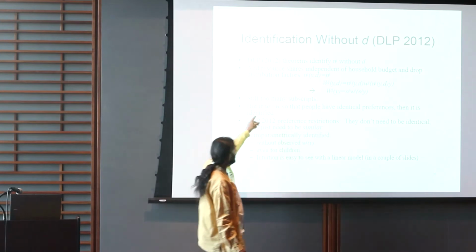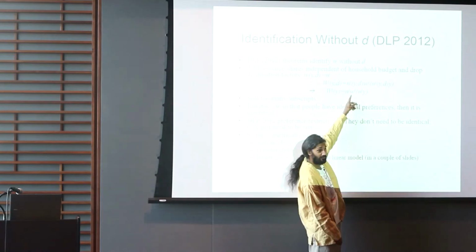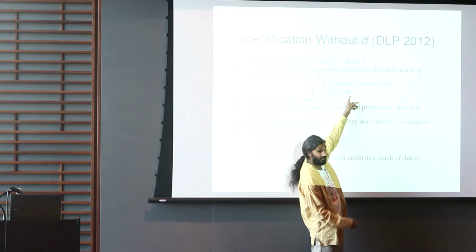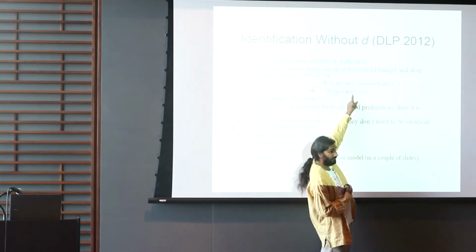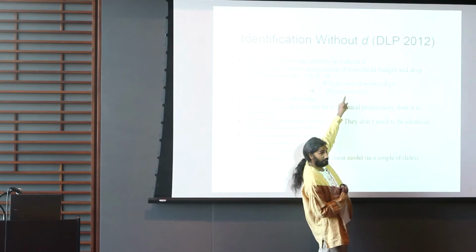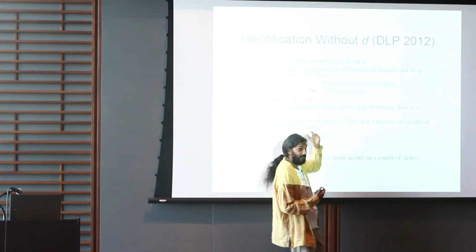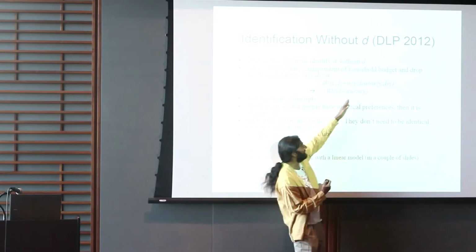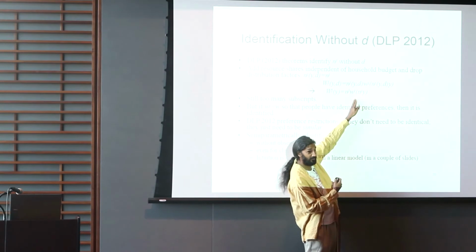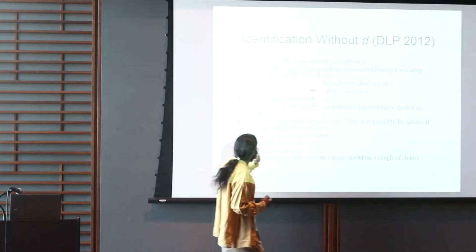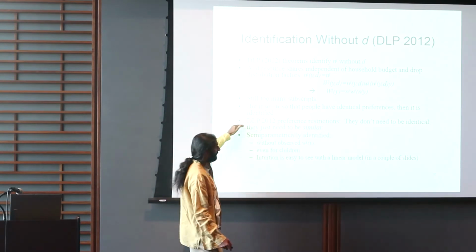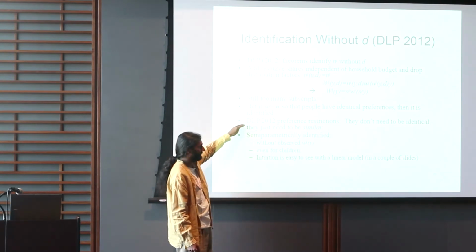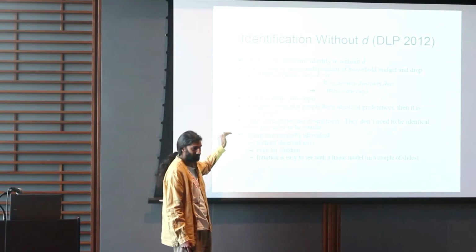But if people had identical preferences, you could immediately see how you get identification. If people had identical preferences, then there'd be one function here, and then there'd be 2 numbers here that we had to extract from these 3 functions. So the counting exercise would tell you that if you had identical preferences across the 3 people in the household, you'd have enough information to identify. But identical preferences is a lot to ask. So what we show in our paper is that these preferences don't need to be identical. They just need to be similar.